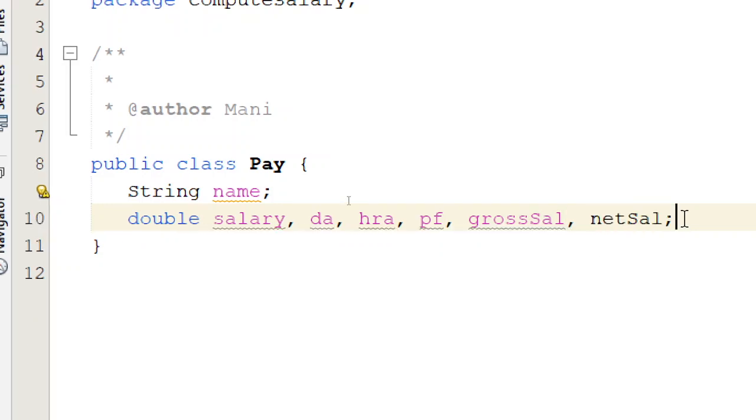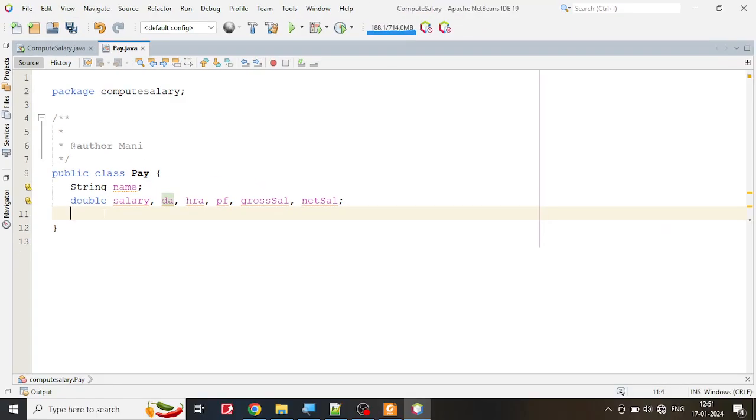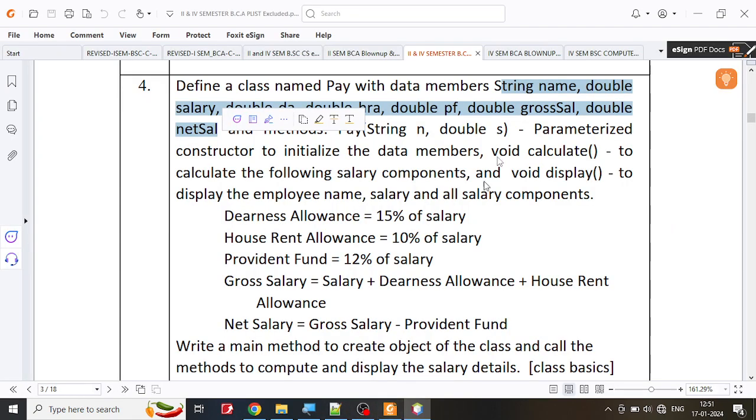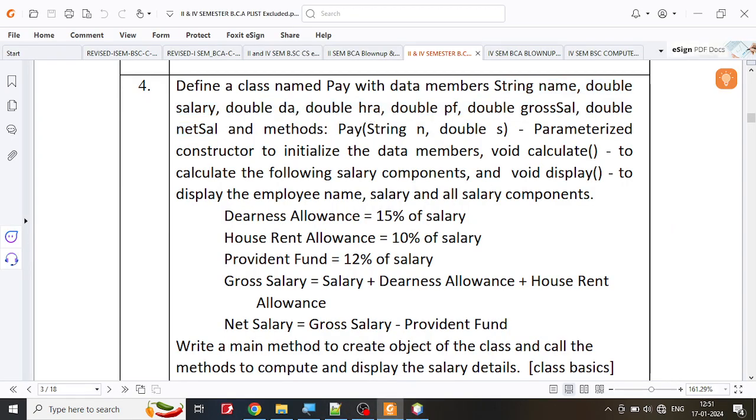So many things have to be created, and I've created all of them. Slightly reduce the spaces so that you can see them in one screen. Okay, so this is what we are supposed to create. And then they have said that we are supposed to create a constructor, that is a parameterized constructor, that takes a